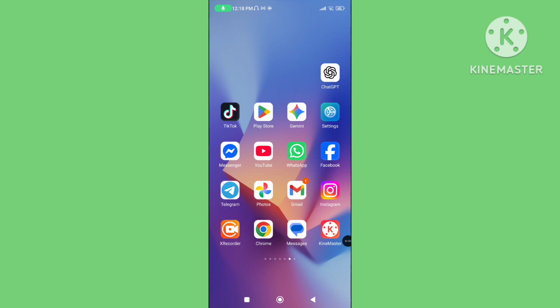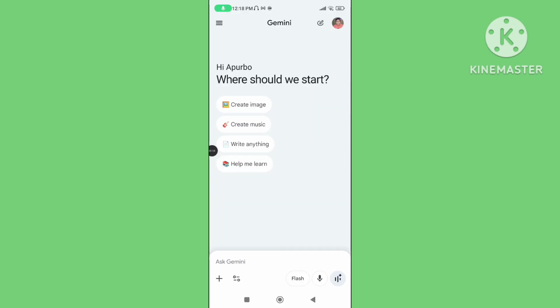Step 3. Restart your device and open your Google Gemini app again. You can follow all of these steps to fix the Google Gemini AI video generating problem, creating problem, making or Google Gemini video editing